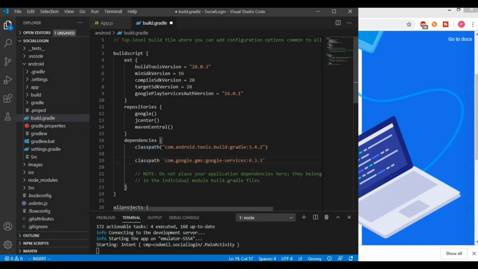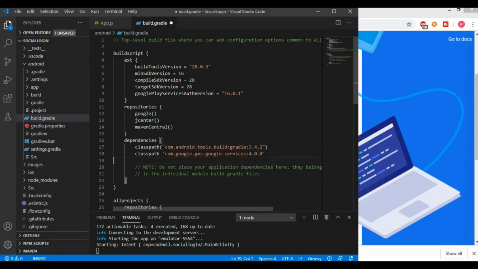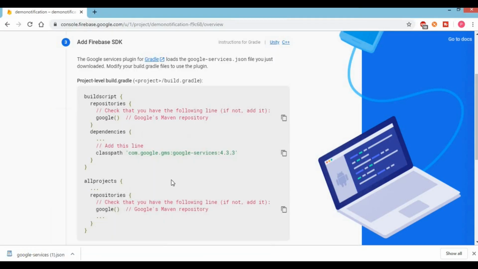I will change the version of the Google services from 4.3.3 to 4.0.0 because when I tried this for the first time while testing this application, this version gave me some error.